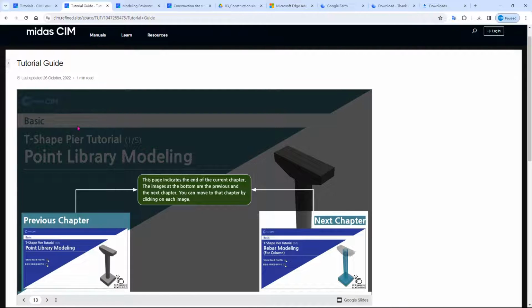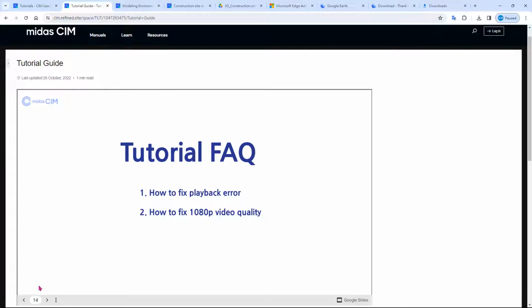And basically after the tutorial ended, usually it's like YouTube, so you can see the previous chapter and the next chapter, so that you can repeat the tutorial that you haven't been able to learn yet, just previous chapter and next chapter. Okay, and this is just a FAQ. So after you do the tutorial, you may want to see the FAQs to assist with the problem that you may have.